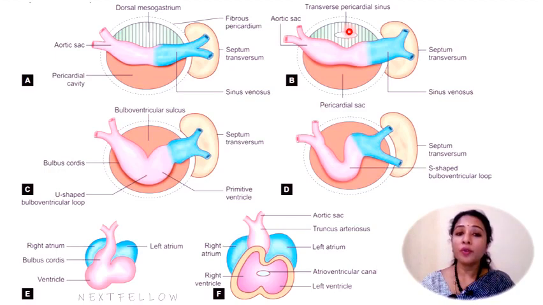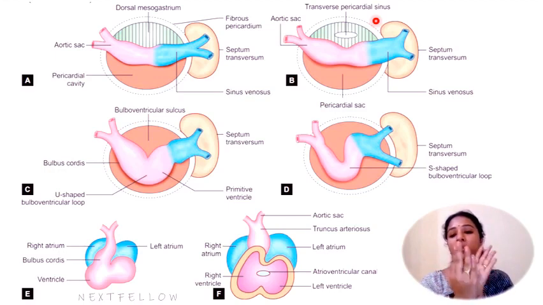During the 4th week, these dilatations undergo right side looping, called dextral looping, which is completed by 28 days. So by 28 days we see the looping is completed fully. The atria gradually assume the posterior location and the ventricles move to the more anterior side. Because of the tube formation, the posterior location forms the atria and the anterior location is formed by the ventricles. Initially the heart tube is like this, and they get approximated with each other.